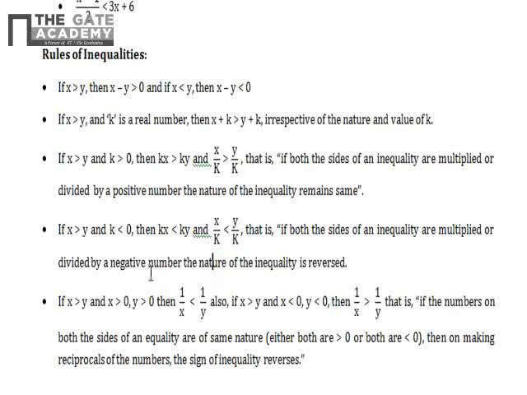Look at the fourth rule. Okay. Here the value by which we are multiplying or dividing, if it is negative, the nature of the inequality will get reversed. Suppose x is greater than y, and k is a negative value. If we multiply with k or divide with k, the nature of the inequality, where here it was greater than, is now getting reversed. It will become less than. So this fourth point is a very important point.